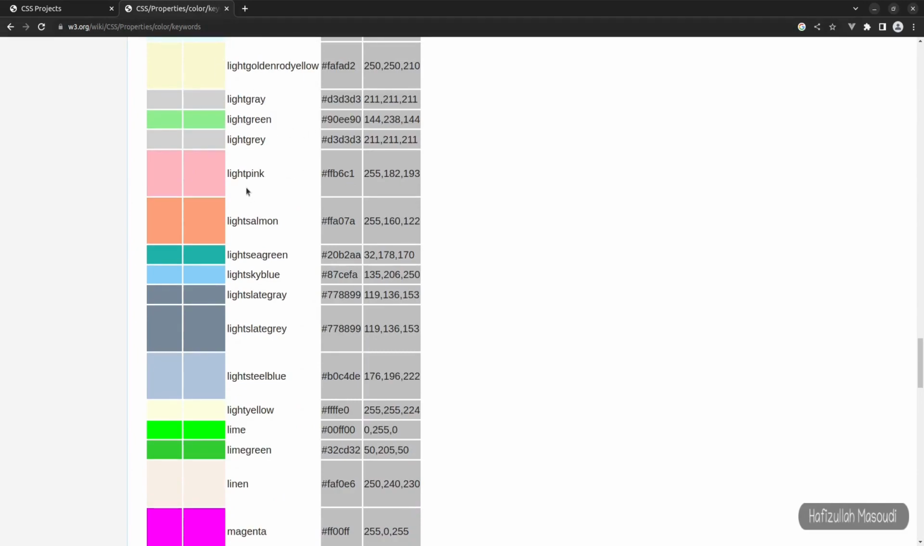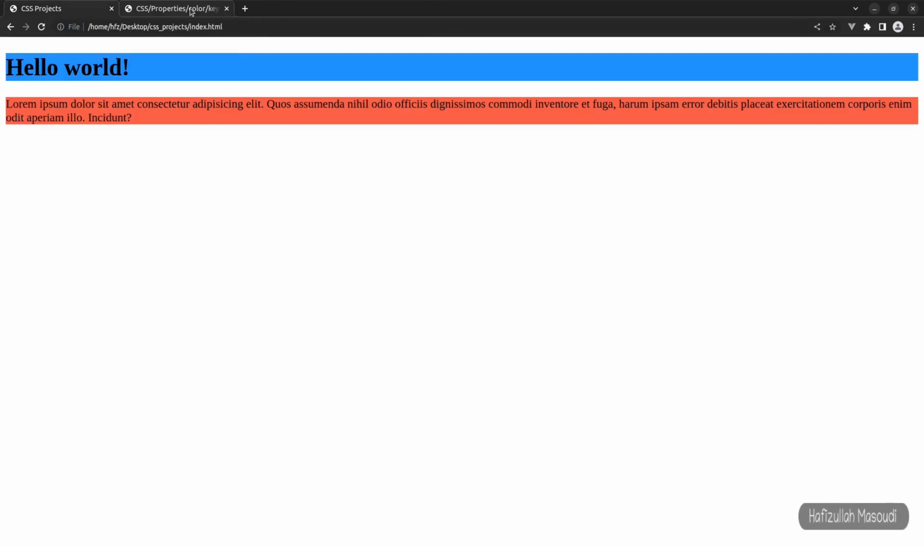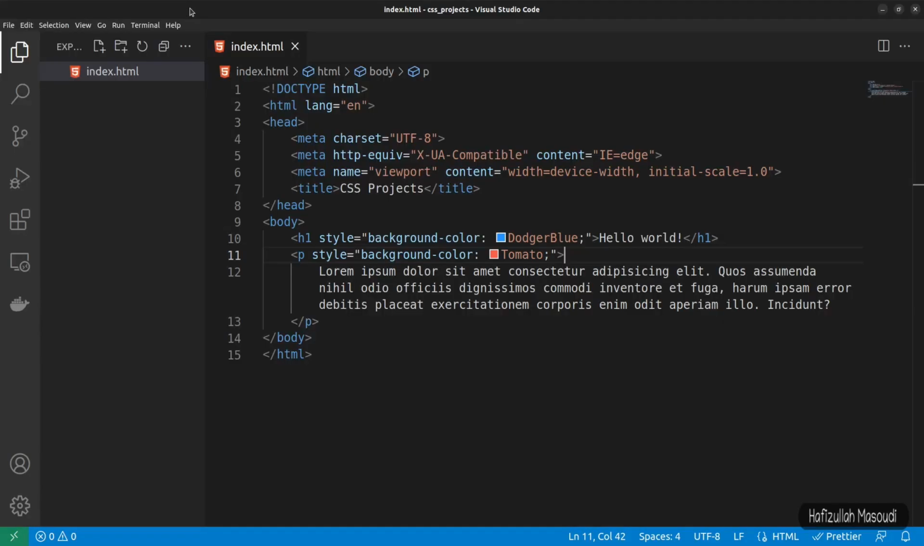So you can check out all the colors here. Now let's get back to our project tab. So to show you more examples, let's get back to Visual Studio Code, and let's press enter here, and let's create another header. So h1, and let's say hello world,